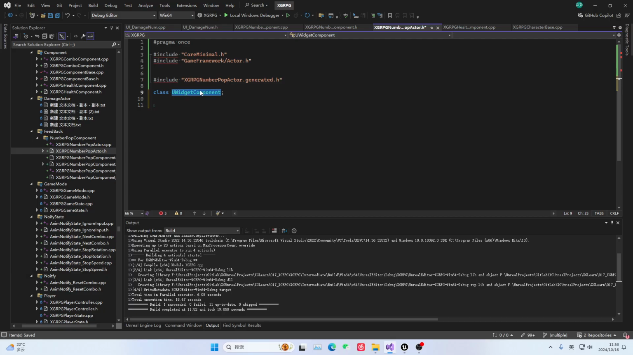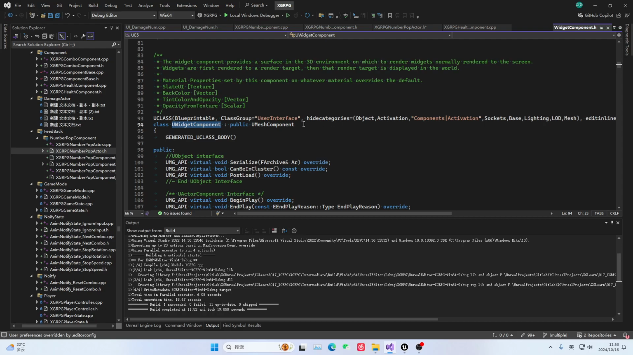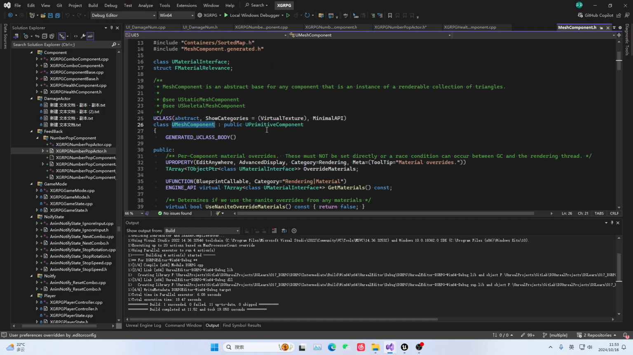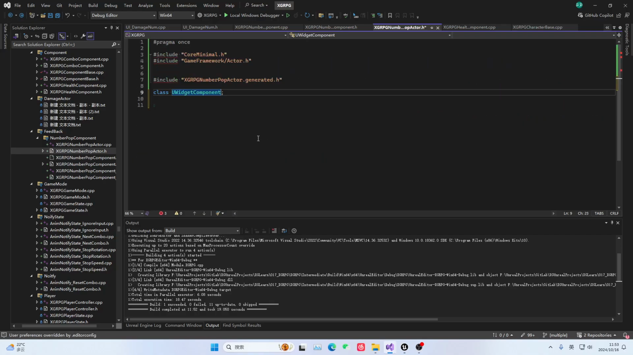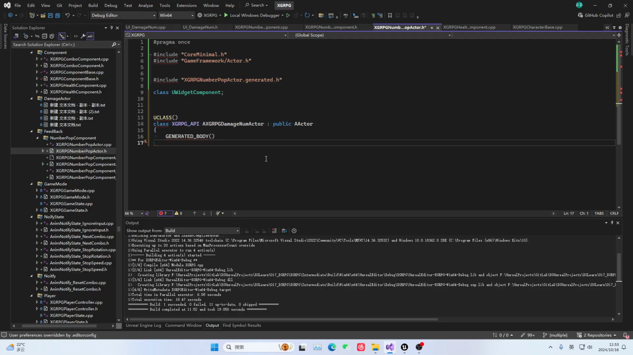But note that it is a component. It is not a UMG. It actually inherits from mesh component, and this mesh component actually inherits from primitive component. And primitive component inherits from scene component. So you need to clearly understand this inheritance relationship. Then for this part, first of all, we still calculate this actor. And note that the semicolon here cannot be omitted. Okay, so after we write it,